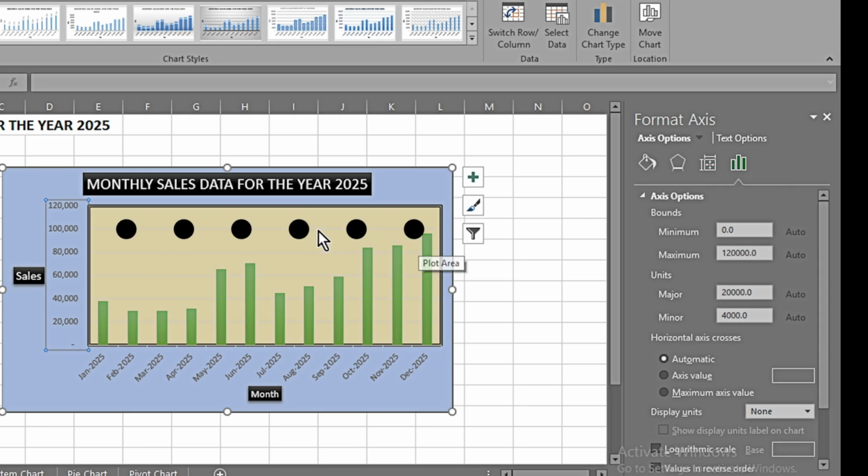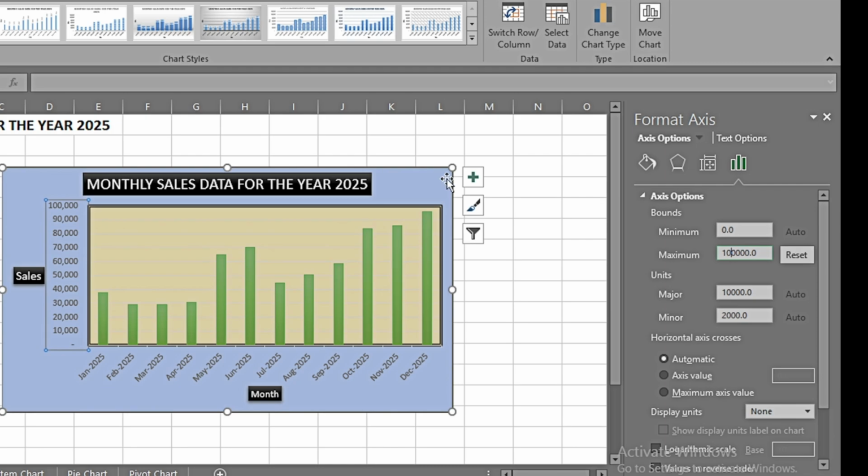And over here in Axis options, we have interesting options. Our data is up to 100,000 and below, but here we see the axis going up to 120,000. So if I just make it 100,000 and press enter, now we can see that our axis has been made up to a maximum of 100,000 in revenue. So our data has expanded and it is appearing more appropriately now. For example, if we want to start from a minimum of 20,000, we can type 20,000 over here, press enter, and now it has started the y-axis from 20,000. So I make it 0 once again.